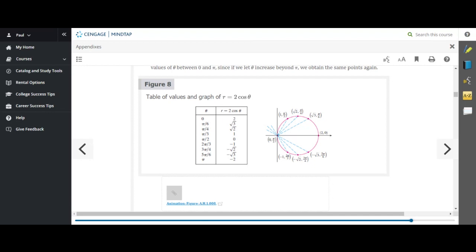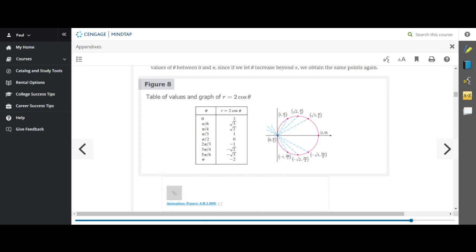When theta is pi over 4, the radius is √2. So √2, pi over 4. You go out from the positive x-axis at an angle. We draw angles from that positive x-axis. Pi over 4 is 45 degrees. You draw 45 degrees, move out square root of 2, which is like 1.414, and you keep doing this, and